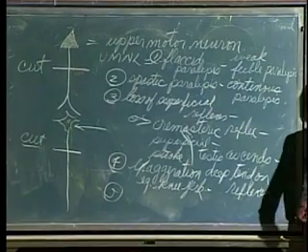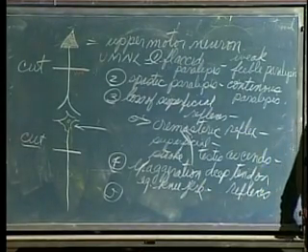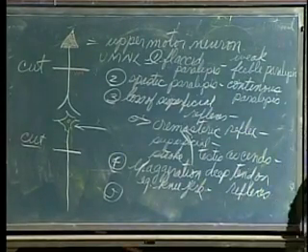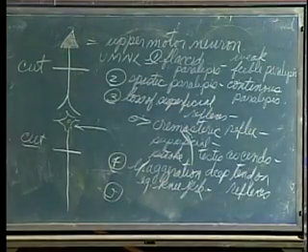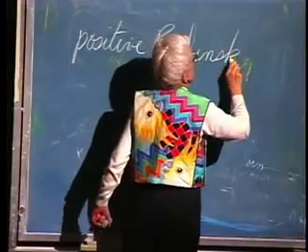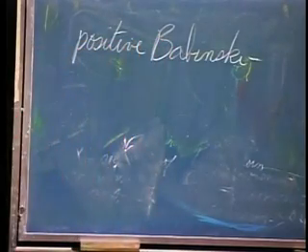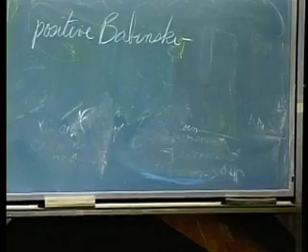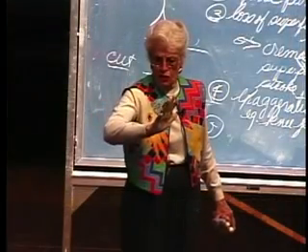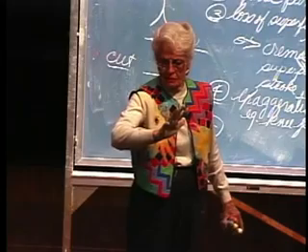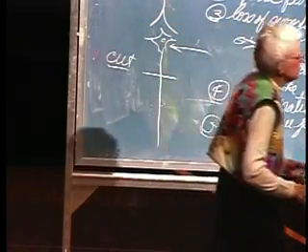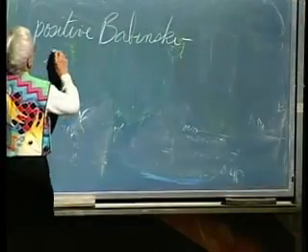Okay, positive Babinski. And what is this? You stroke the sole of the foot. Your toes are usually like this. If you have an upper motor neuron lesion, the toes will fan out. So, stroke